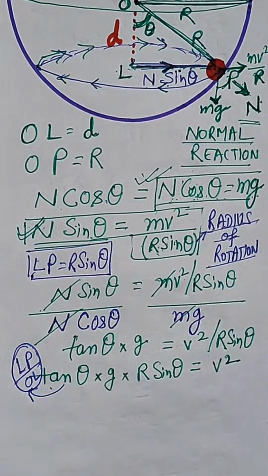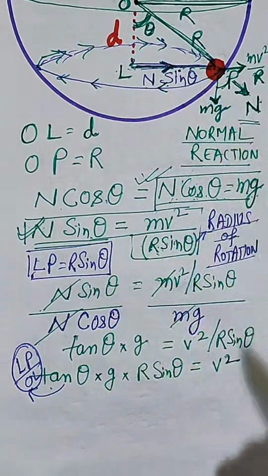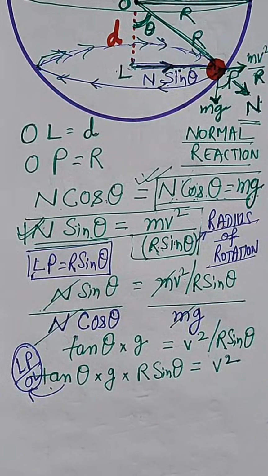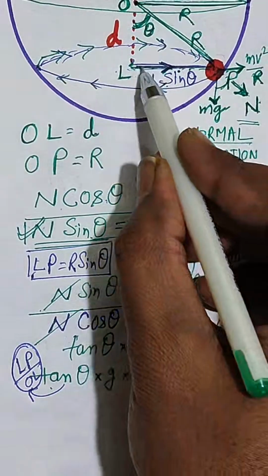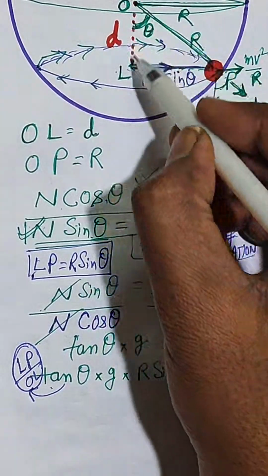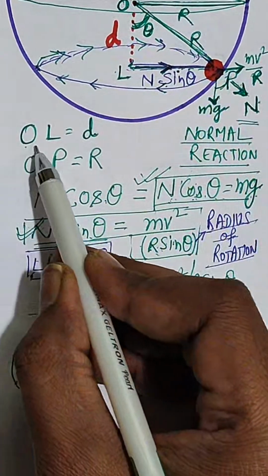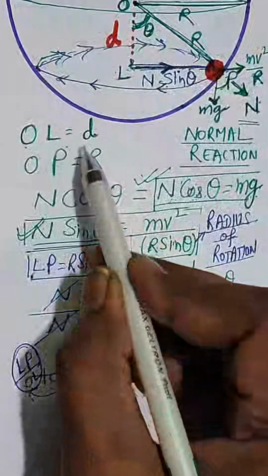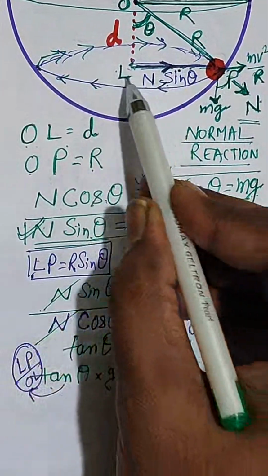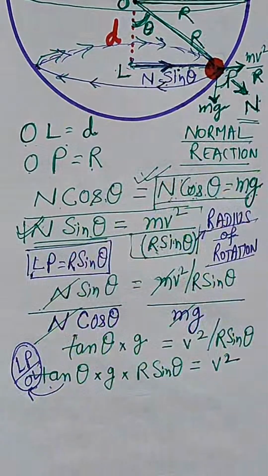This is the value of tan theta. So what is LP? If this is R, and this is D, OL is D, OP is R, and then LP from here we can write,